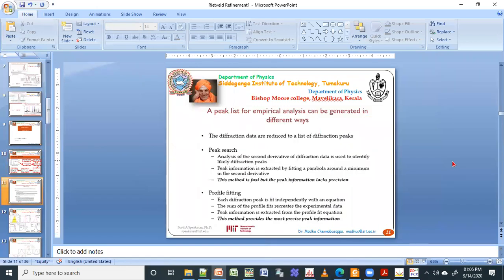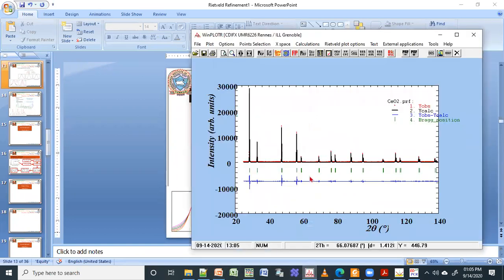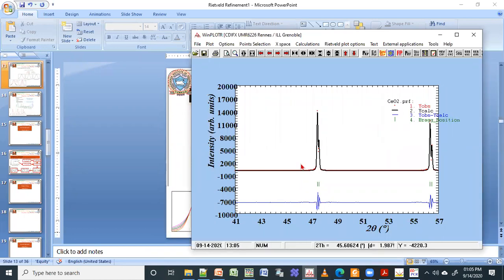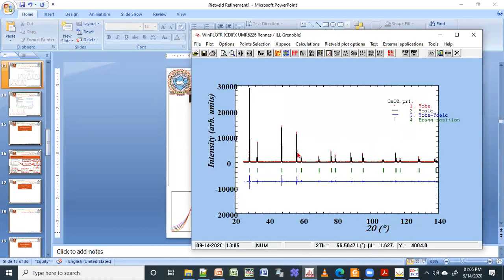Chi-square depends on a lot of factors. It is not just fitting, but also your data. How good is your data? If you don't have very good data, even then you may get very good fittings. For example, in this case, your fitting is almost okay, and even your data looks very good.